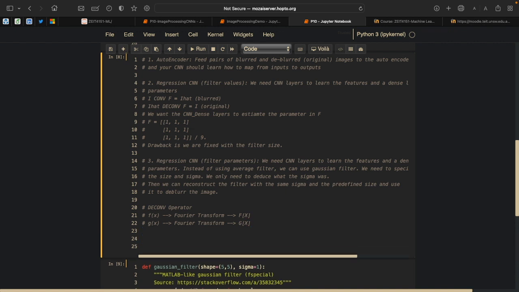All right, now this is one of the properties of the Fourier transform. If I take f of x convolved with g of x and pass this through the Fourier transform